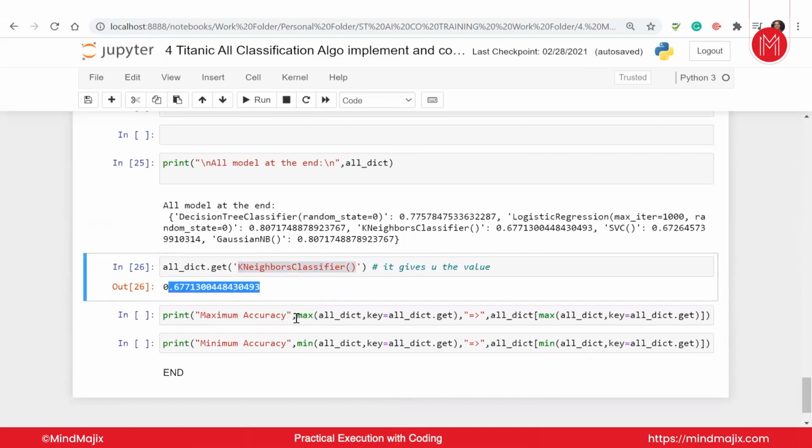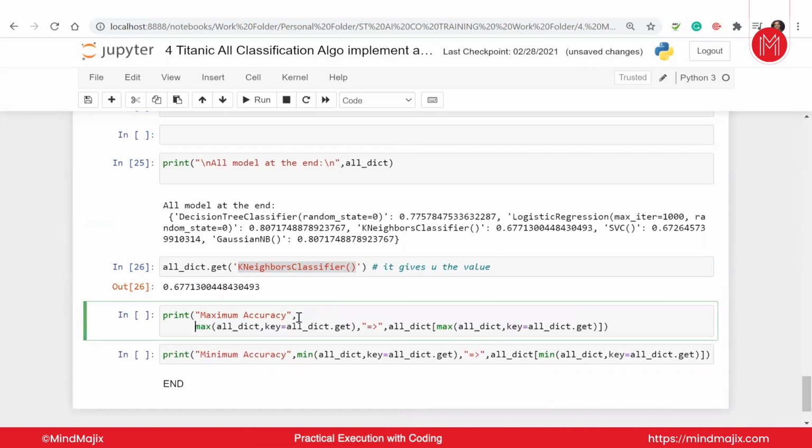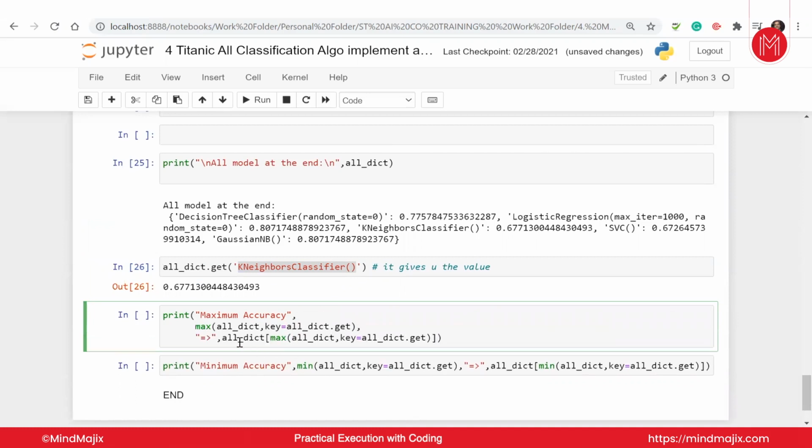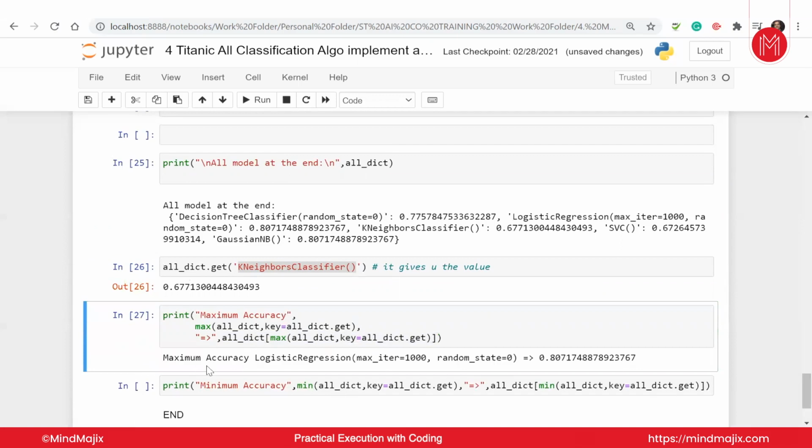I'm using the max function, and with this max function I am getting the maximum value of the dictionary with a get. I run this, and I get maximum accuracy for logistic regression, which has 80.